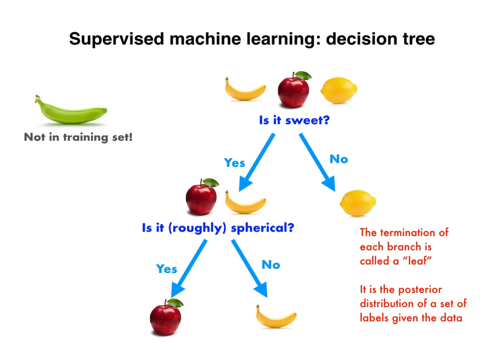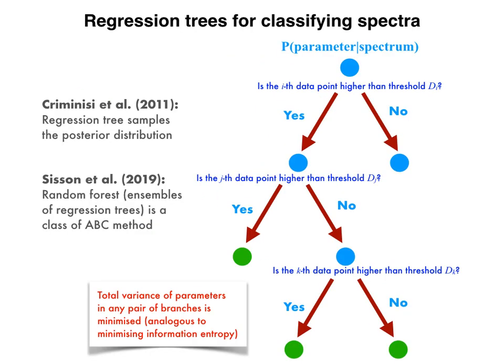So when one deals with continuous properties like fluxes instead of discrete objects like fruit, one deals with regression trees. And even though this seems very different, conceptually it's very similar. So instead of asking questions about sweetness or roundness, you now ask questions like, is the ith data point higher than some threshold d sub i? So this allows you to then split the training set of spectra into spectra that are more similar or different